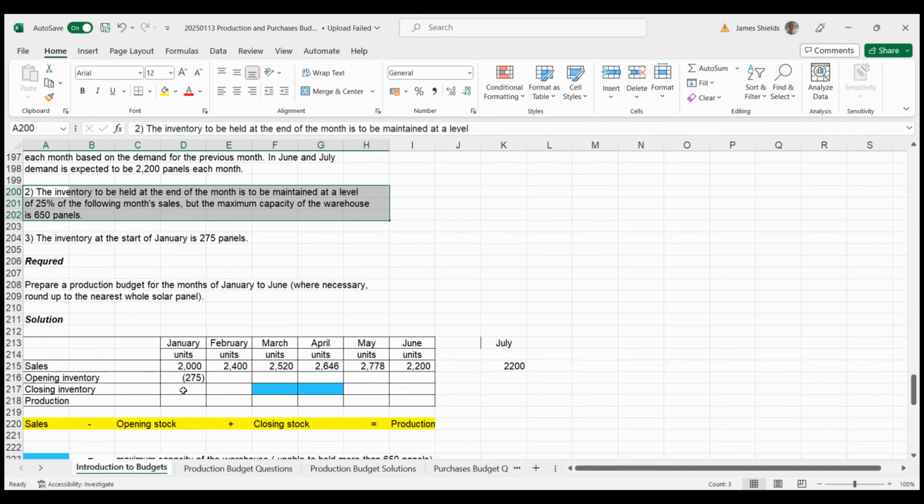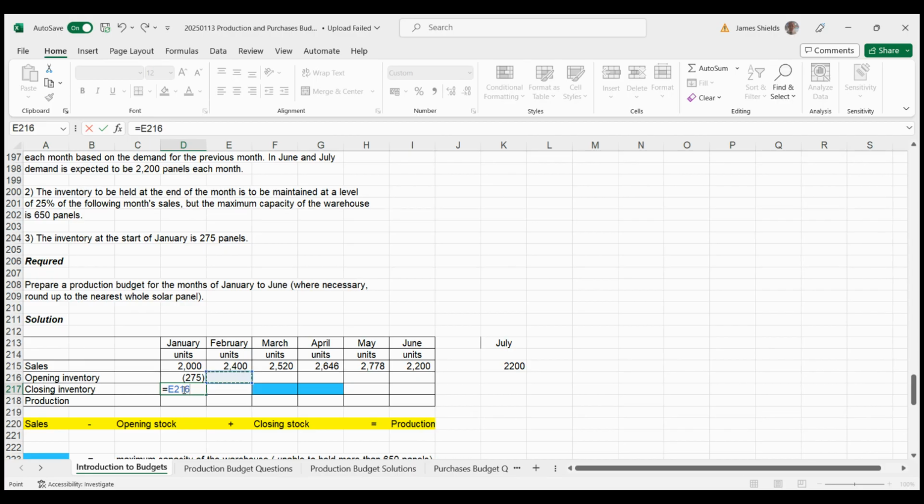So in January, closing inventory is going to be 2,400 times 25%. And the production then will be the 2,000 we sell, less what we started with 275 plus what we finished with 600. That's going to give us 2,325 units. So February, the opening inventory will be last month's closing inventory. The closing inventory will be 25% of the following month's sales. And then the production will be